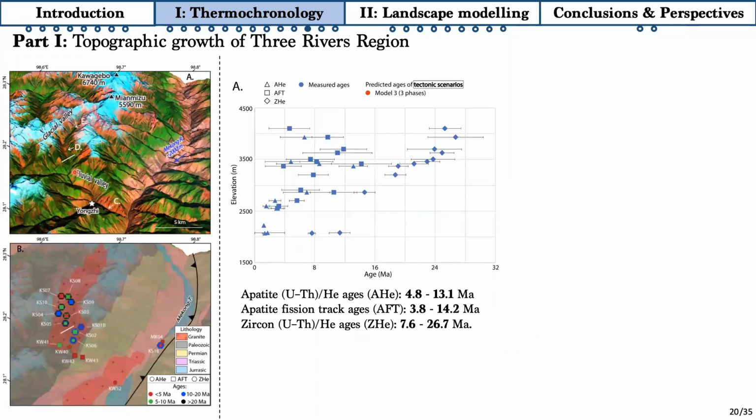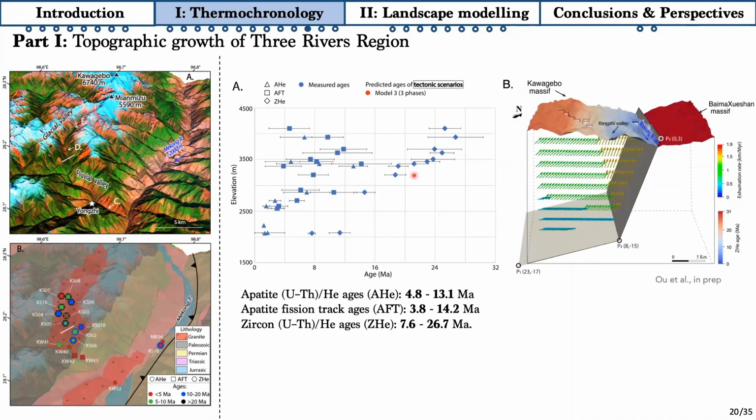And here is a 3D view of the location of our samples and the age distributions on this photo. And all our new ages reach up to 32 million years, more or less. And we observe a very strong dispersion of the apatite helium and fission tracks at high elevation, marked in blue here. And we also used Pecube to model all those new ages by adopting the same geometry of the thrust from the first part. And the result showed that the velocity distribution above the thrust is still very necessary to reproduce all the ages